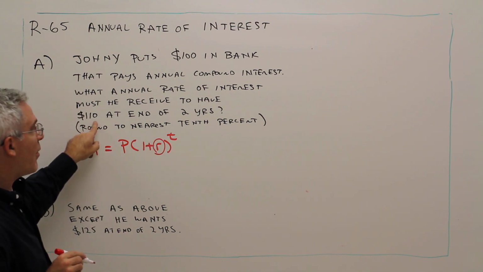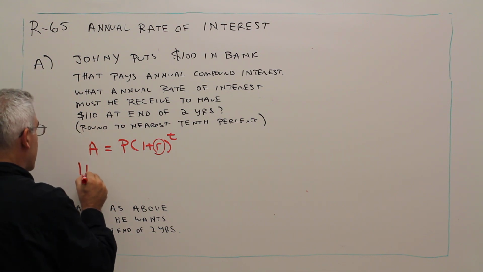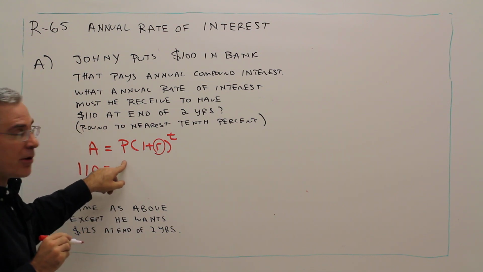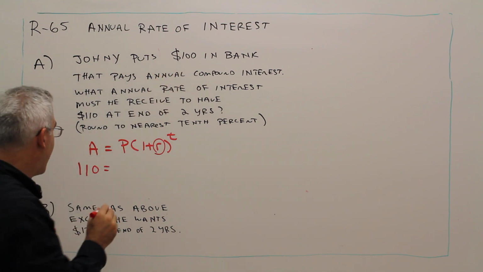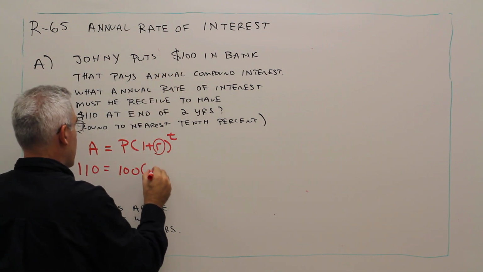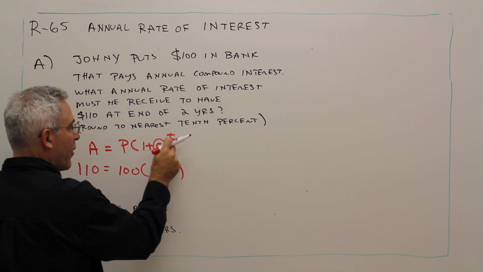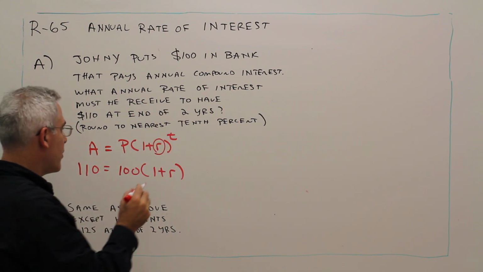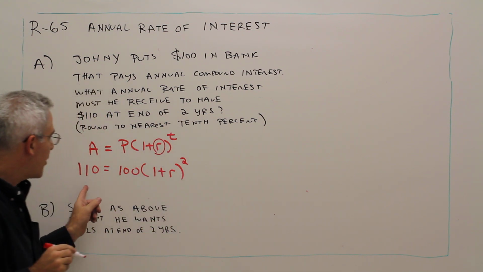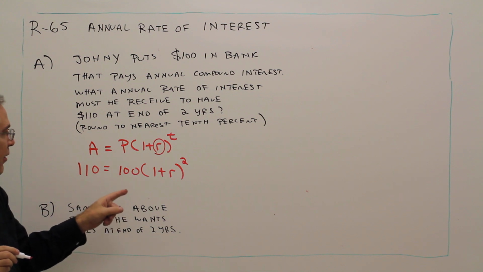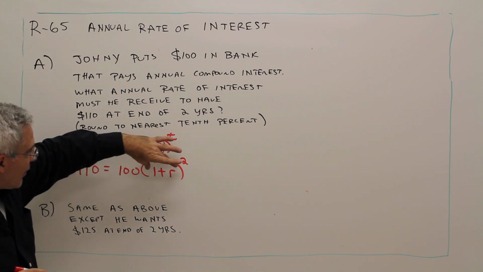Our future amount, we want to have $110. Our principal or deposit is $100. R is what we're looking for, and the time value is 2 years. So now I want to solve this equation for R. What I'm going to first do is isolate this term,